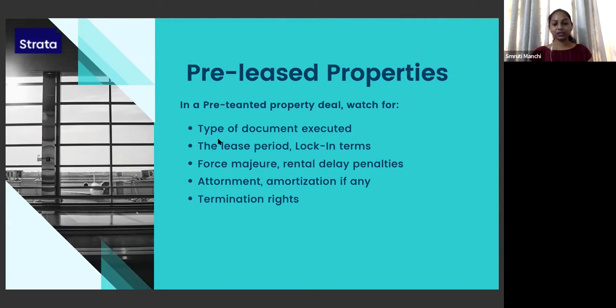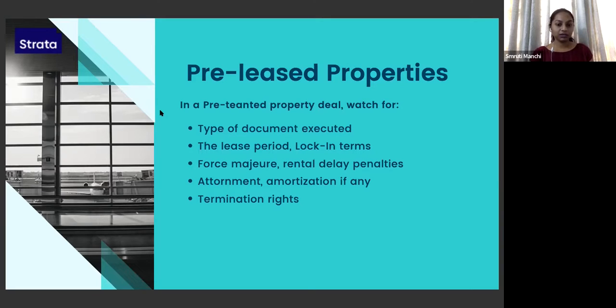So it becomes very important to look at provisions like that. Attornment, again, is very important, because attornment is a legal process. Generally, it is guaranteed by the transfer of property itself. Along with the transfer of property, your attornment happens, but it is always ideal to record this in an attornment